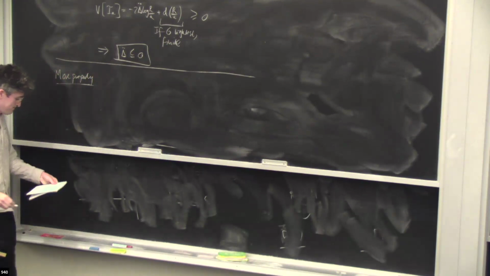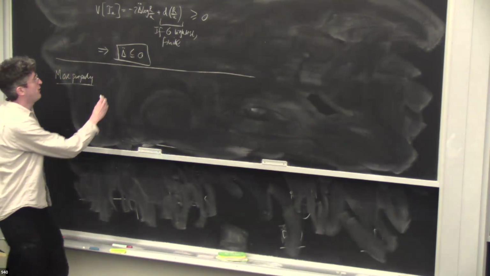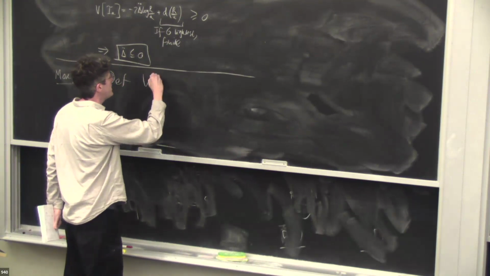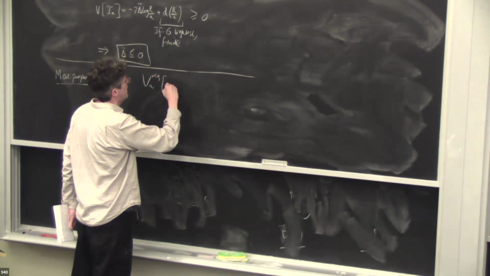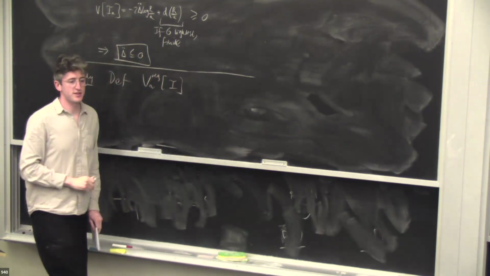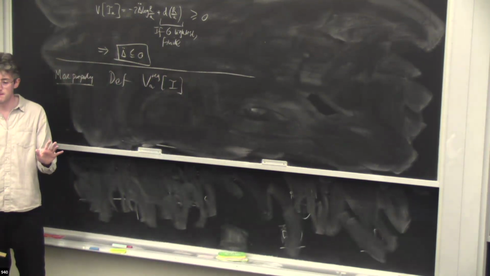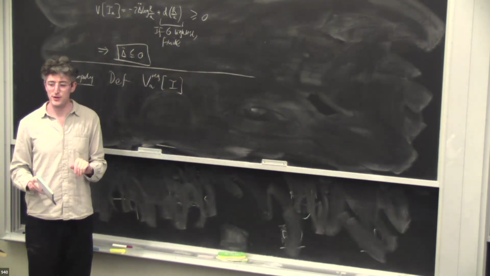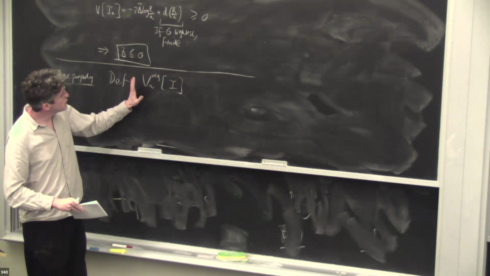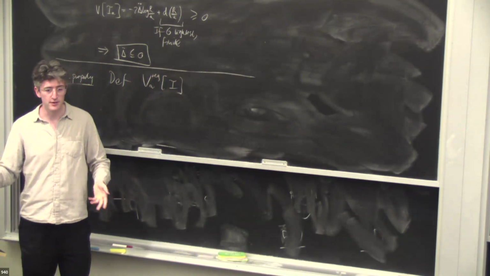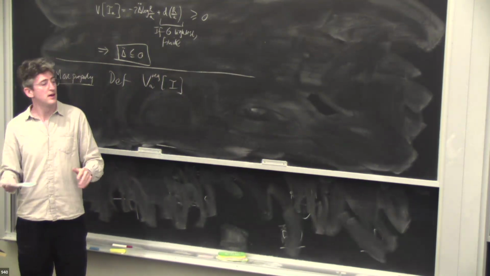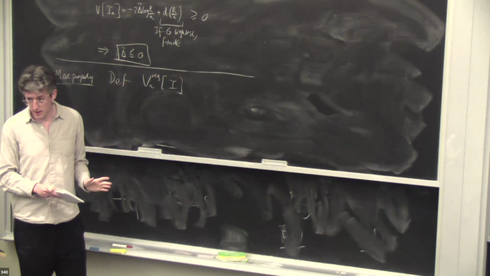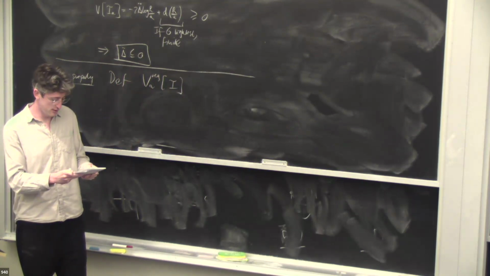But to do this more properly, what you should do is define a quantity, which I'll call V_reg of I. And this one is just UV cutoff in the normal way. Cut out balls between all operators. So what we were doing so far is kind of a weird UV regularization. You only cut out some balls. Here you cut out balls everywhere between all operators, between the L's. So this guy is manifestly finite, and it's a standard regularization.